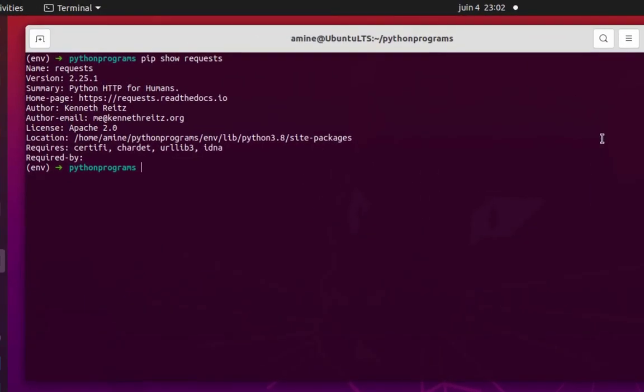So that was a brief introduction on how to use the pip command in order to install extra packages in Python. As always, I hope it has been informative for you,